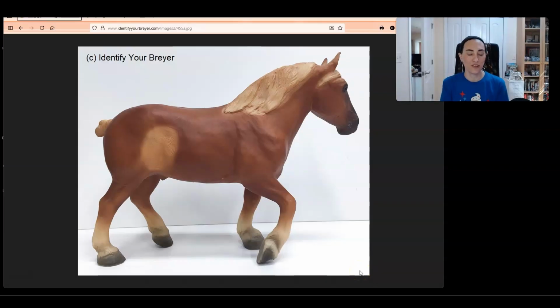Nancy asked Peter Stone about this in 1995, and remember, Peter Stone had been, I think it was the head of marketing for Breyer for several years before he branched off and began his own model horse company. So she asked him about this, and he confirmed that Eustace disliked the model's color and, shocker, wanted to alter the flank patches. He, meaning Francis, was also frustrated by Breyer's, and I don't know exactly what this means, but I quote,